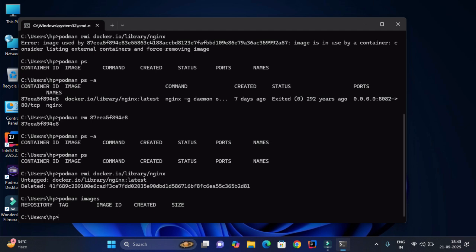So before removing the images from your local system, first you need to check whether that image has already created a container or not. If it has already created a container, then first you need to stop that container and remove that container as well. So that you can remove that image in your local system by using the container name, container ID or